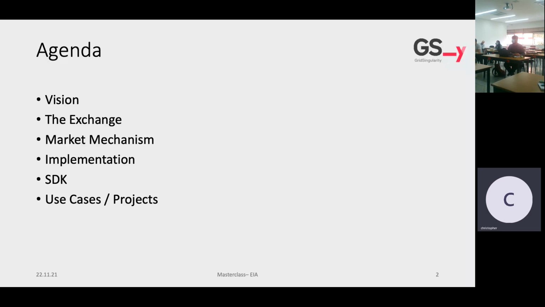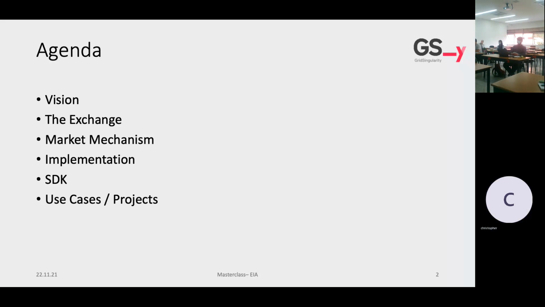And so I plan to first talk about the vision of the company. What are we aiming for? What is the end game of Grid Singularity? I will talk in detail about our product, which is an energy exchange as a service for energy communities. I want to talk quickly about the different market mechanism. How do we build energy community as a digital representation, considering the distribution grid as well as the different clearing